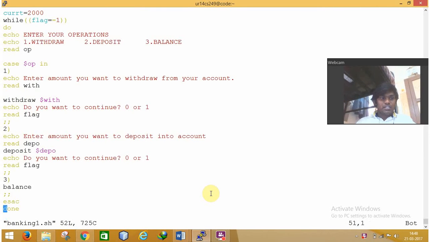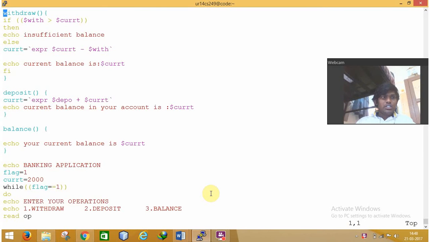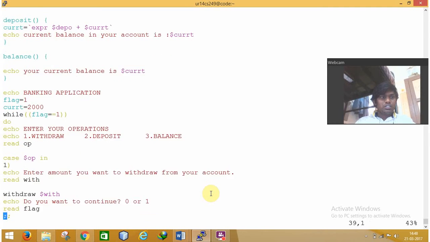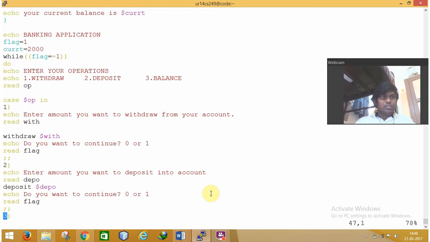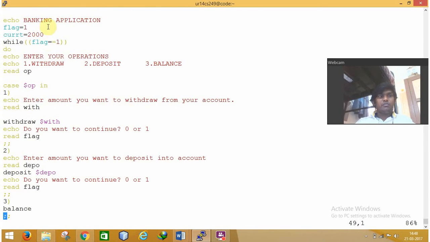So this is the banking system which I have created. First we'll go to the main function. Here I just displayed the banking application and set the current amount as 2000. This will be our initial amount. While flag is equal to 1,